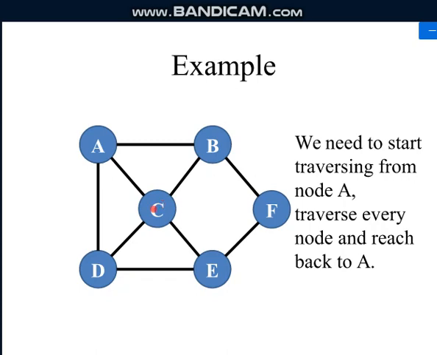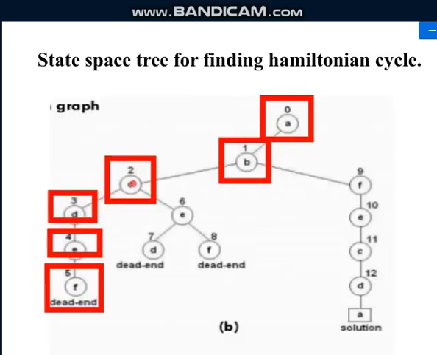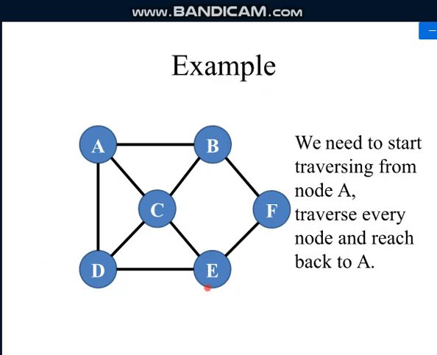From C we had reached D. Now we can go to E and check whether we can frame a cycle over there. So from C we will reach E. From E you have only two possibilities: either you go to D or you go to F. Even if you go to D, you can reach back to A, but you will not cover the vertex F. And from E, if you go to F, you cannot reach D and you cannot reach back to A. So again that is a dead end.